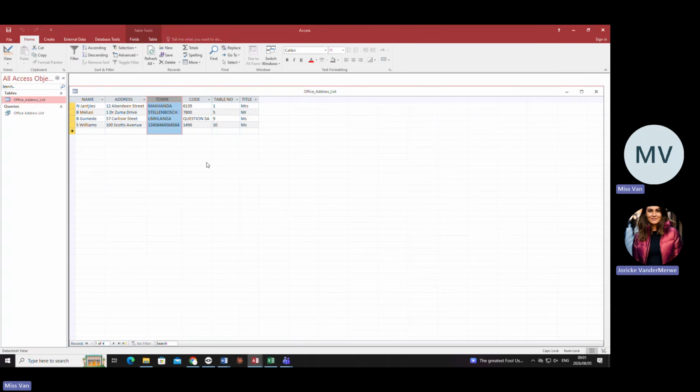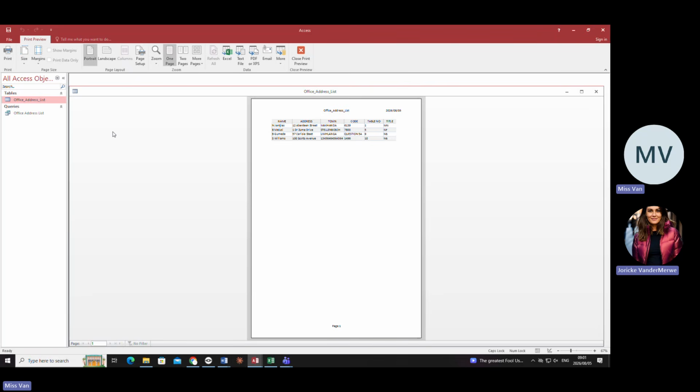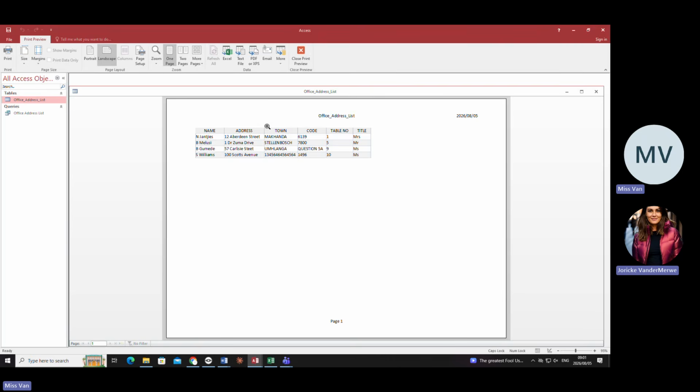All right. Now you need to print it as what? Use what type of orientation? Okay. Now you're not going to go to just file print because that's not how we do it. We are going to go to print preview. It's very important in Access. Is this a landscape? No. Can you see you have to go to landscape there at the top? Okay. And then before you print, just double check again. Is everything correctly done? No spelling mistake, etc. And then you can click on print.